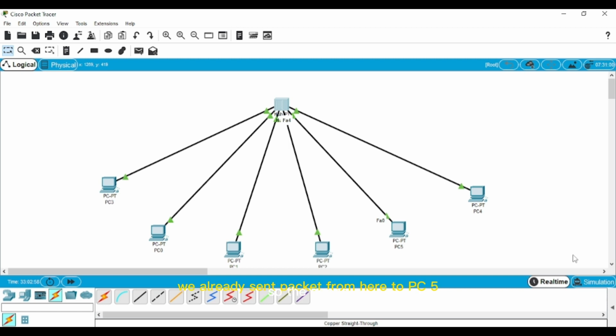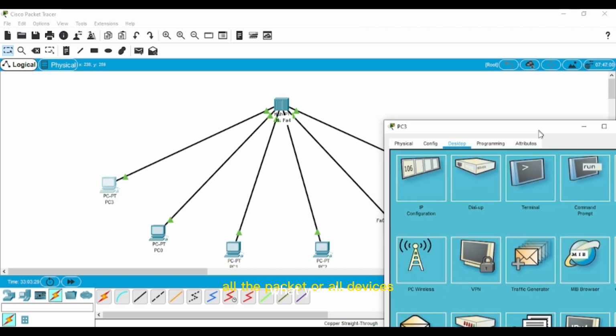So the nose, this is the nose, or you call it the straight through cable, in the central hub. So let's take a packet from here, packet 1, and we'll take this packet from PC3 to PC5 to see if this packet is connected. You come to this PC, you click on the PC. What you do, you come to command prompt,